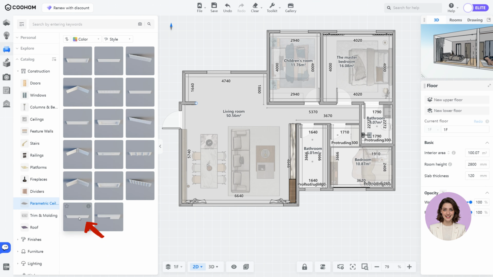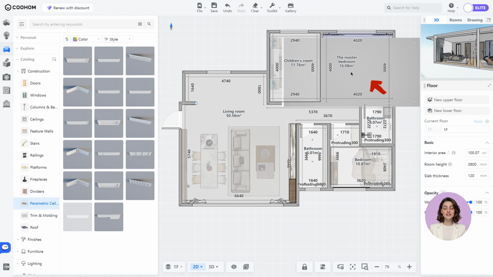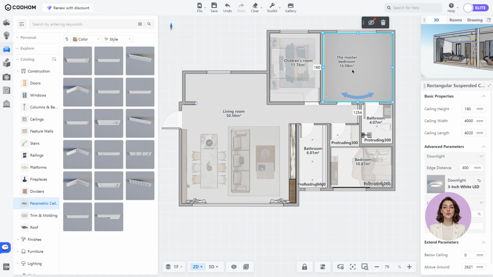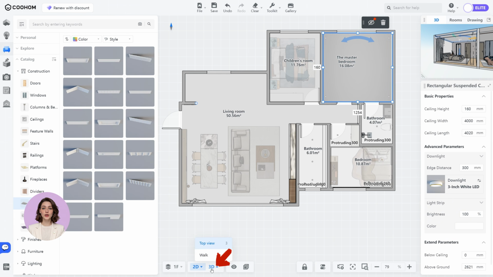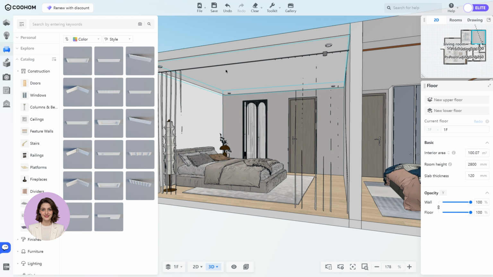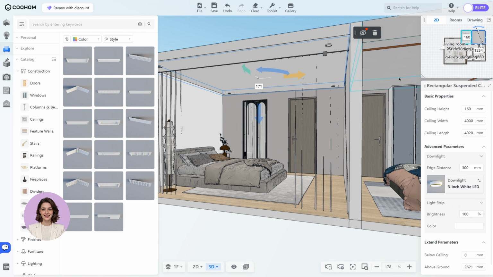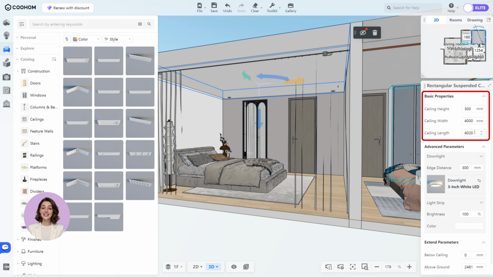Click on the desired ceiling and drag it to the target location. The system will automatically match the room dimensions based on your design needs. You can rotate the ceiling to the appropriate orientation. Once adjusted, switch to the 3D view. Select the ceiling. You can set the ceiling height, width, and length in the basic properties on the right side